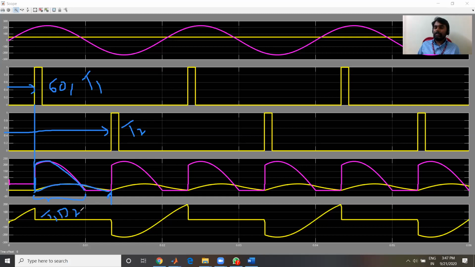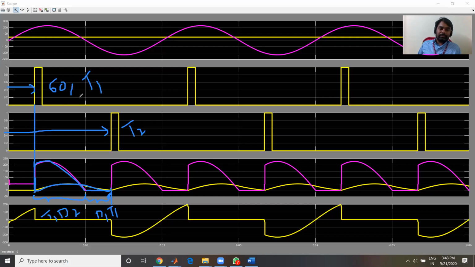Just recall the circuit configuration. During this interval, these two devices are in forward bias condition. Whereas after pi onwards, omega t equal to pi onwards, D1 will be in forward bias condition, so that will come into conduction state. Since T1 is in conduction state, which is a control device, those two will conduct and they will get short circuited by this one. And there you can find there is no effect of this battery here. You cannot see the battery effect because the output voltage is always more than the input voltage here.